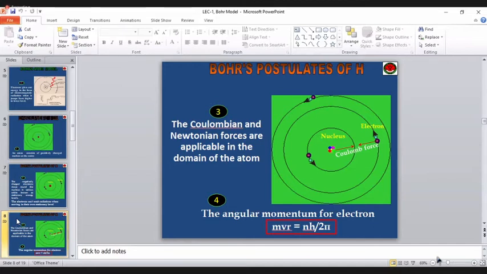The nucleus is positively charged, electron is negatively charged. So nucleus will attract, isn't it? Individually, it will attract all the electrons. Okay. So what will happen due to the attraction? Electron will collapse. Then you can say this is the Coulomb force or electrostatic force, or you can say it is